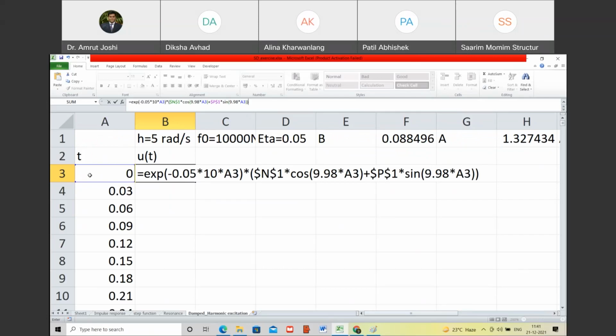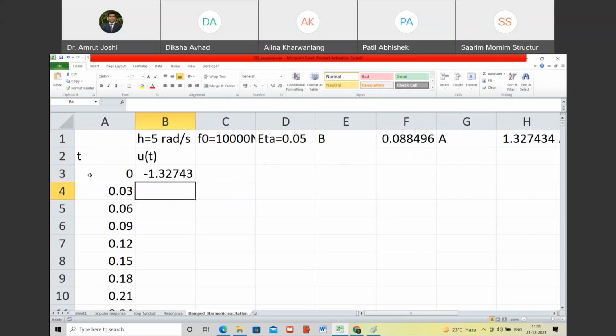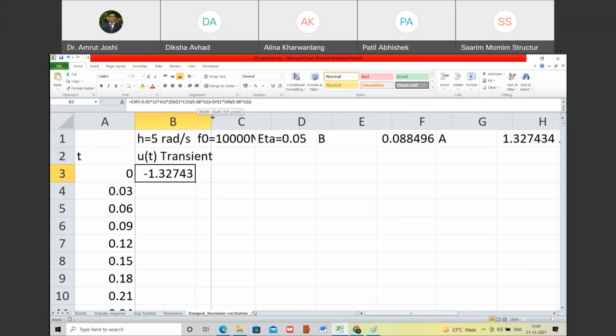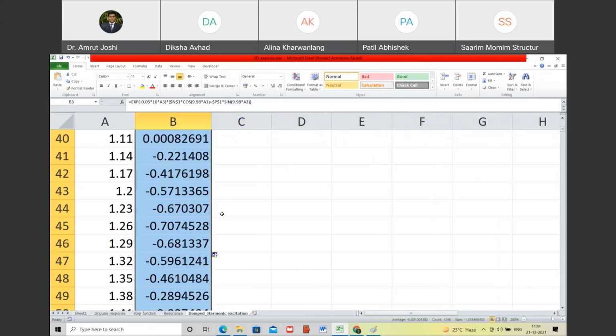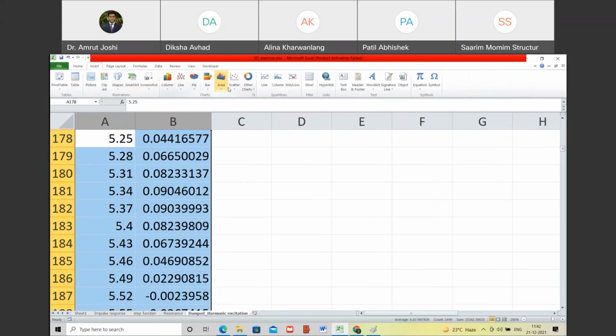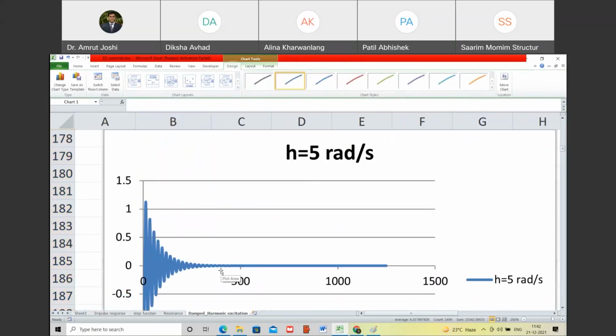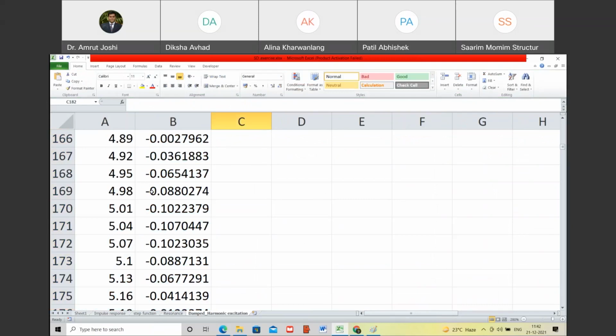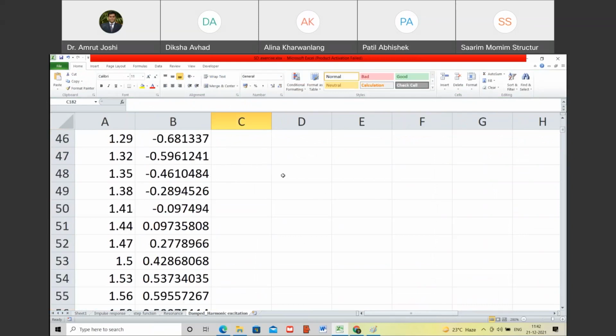This is the transient response. Are you with me? So now what will we do? We will plot the transient response separately. We will plot the steady state response separately. I am plotting the transient response separately here, that is why I am calling it transient. Are you with me? So what happens to this? This value systematically vanishes. If we plot it, how will it look? Why did this 500 come here? Because you know the reason. This has happened many times. That means around 5 seconds this response is going to be almost zero. Are you with me? So we call this response the transient response.